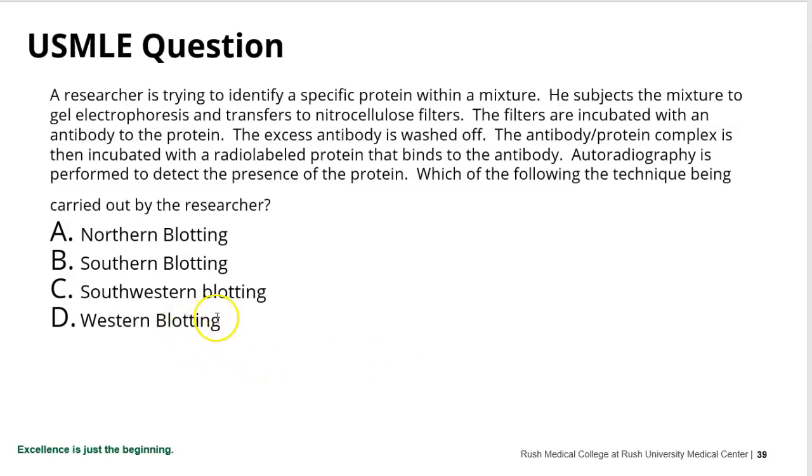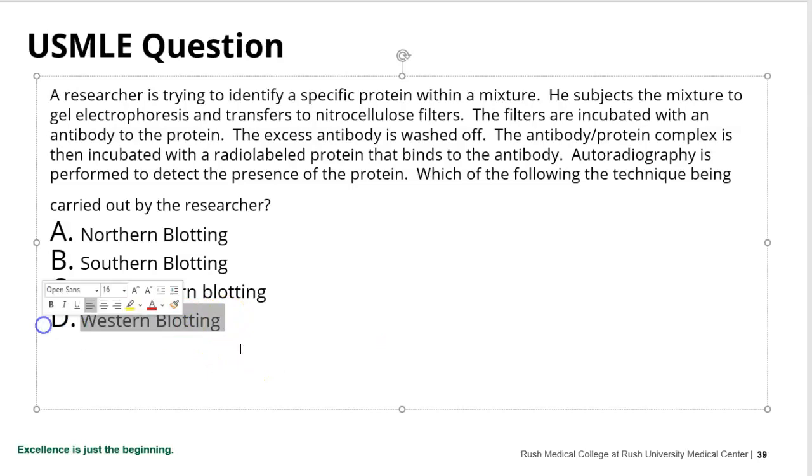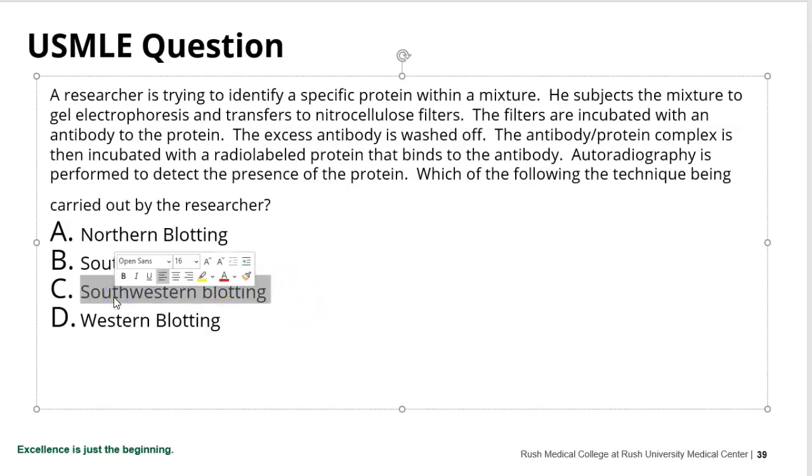And the correct answer is Western blotting. This is the method of using protein. In Southwestern blotting, you're actually separating protein, but you're using DNA and not radiolabeled proteins to tack onto it. But I honestly have never done Southwestern blotting. I'm just bringing this up because this was a USMLE question. So that concludes this